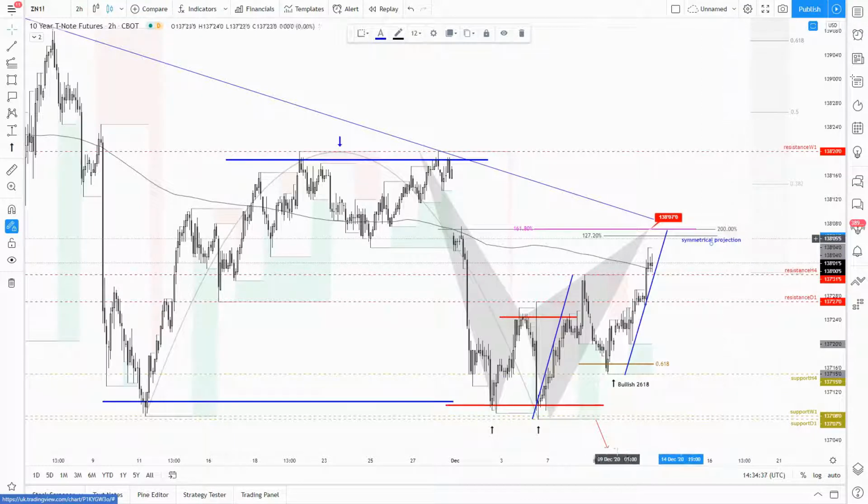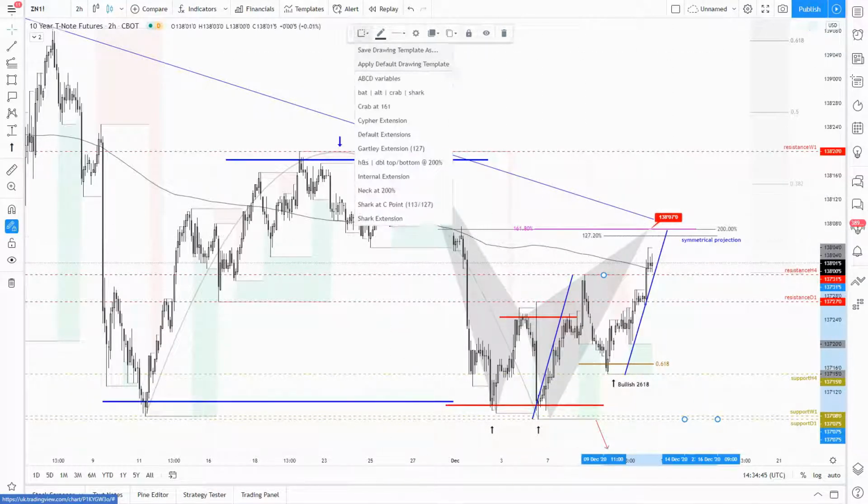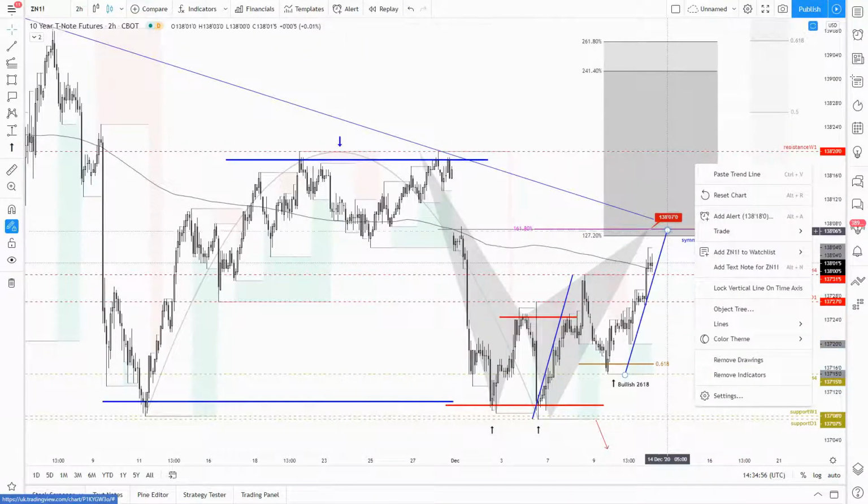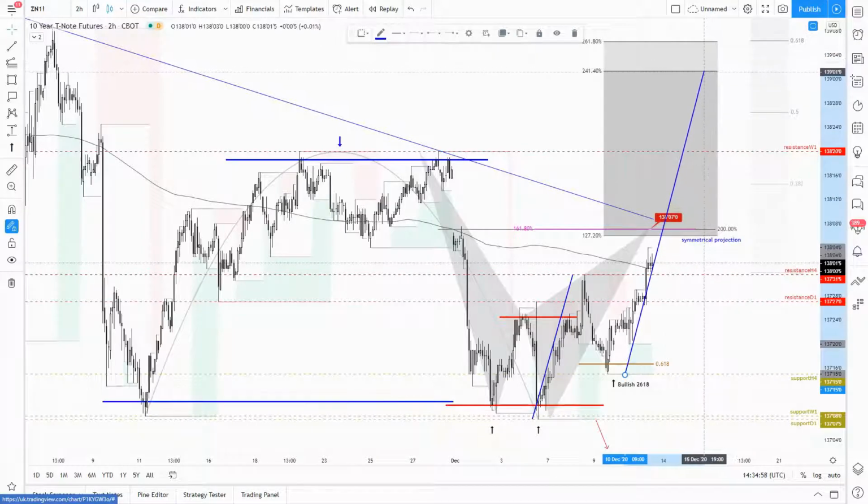We can use that default projection, the 127% Fibonacci level, as a default target for the bullish 2618, but nothing assures the market will not trade far beyond those levels, eventually achieving levels that you have never seen before, 241, 261. It's not the first time that we will see 224, the bullish 2618 forcing the price into a rally into those extension levels. So of course, a step-by-step